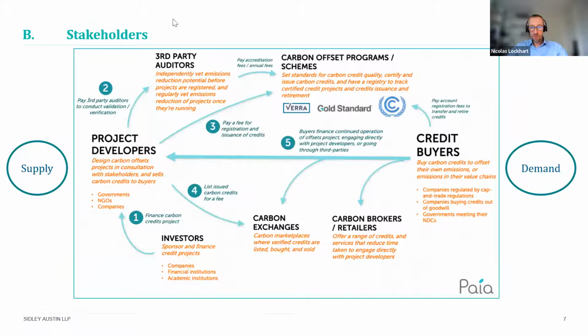Thanks, Tom. So we just had a question in the chat box, which I think is a very pertinent and astute question. If we're talking about emission savings, then there is obviously a question of quantification. So how do you go about quantifying the emission savings that you have from a particular project? And that, I think, is a nice segue into this slide, which looks at the different stakeholders who are involved